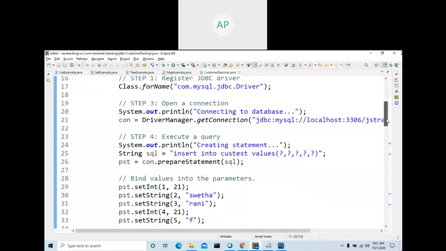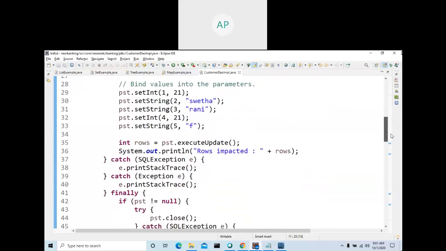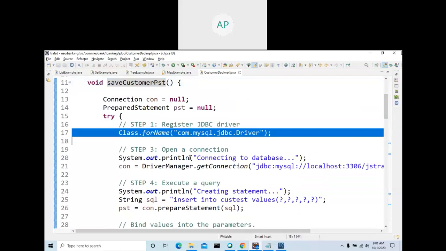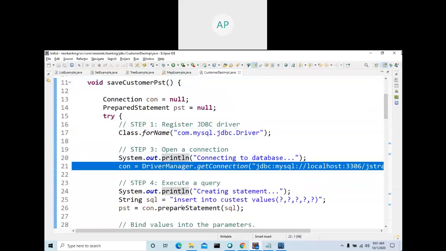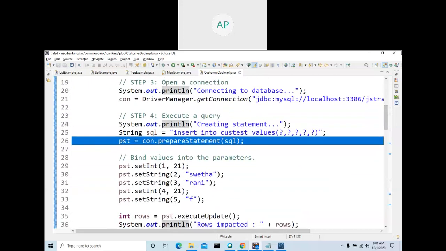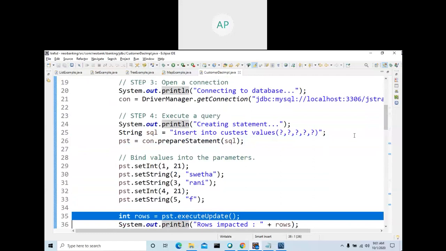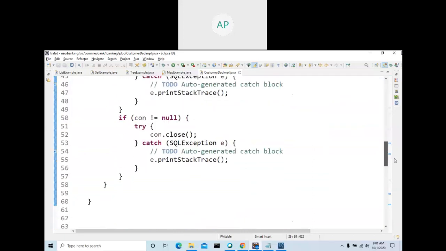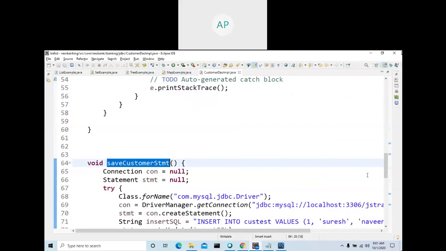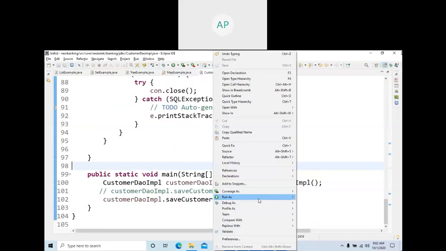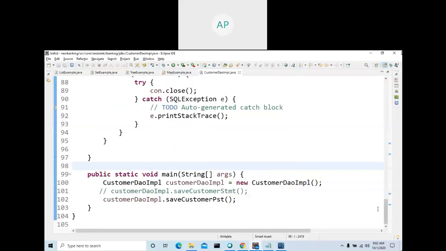Let me run this program. So before that I called this method, right? Now I want to call this method. Let me remove this one. So now this is going to call which method? PreparedStatement, step 1, step 2, step 3, step 4 and step 5, all the things are here. Forget this one, but this is the first step. This is second step. This is third step. And fourth and fifth, if you want to retrieve the value. Okay. Now let me run this program.